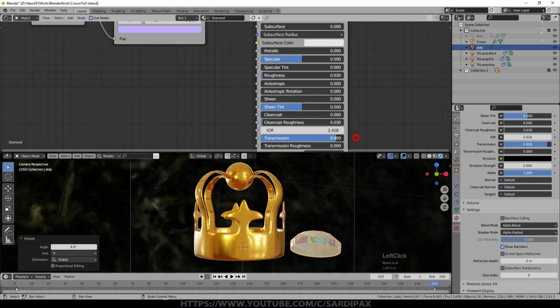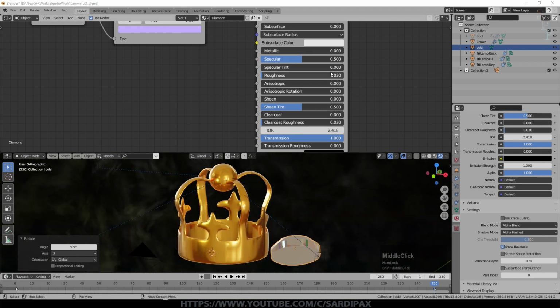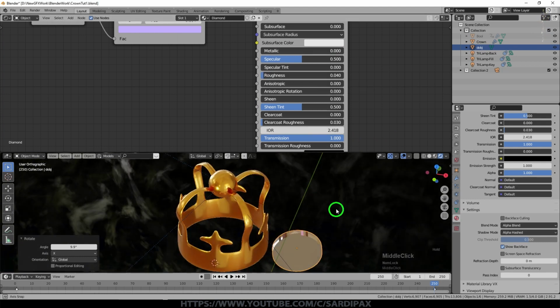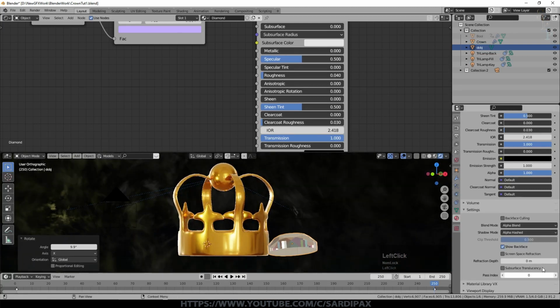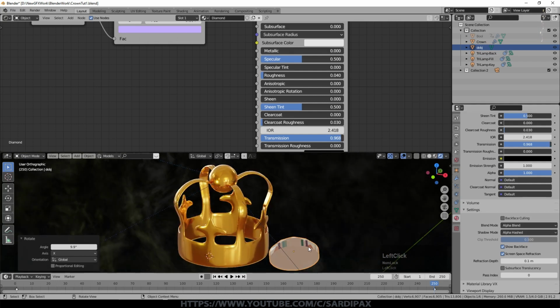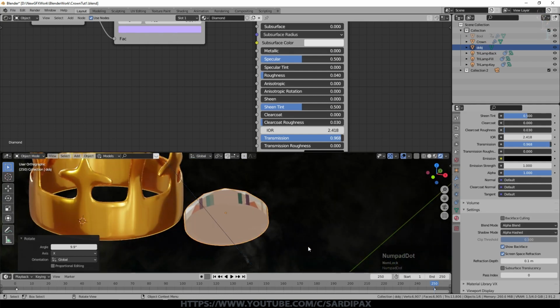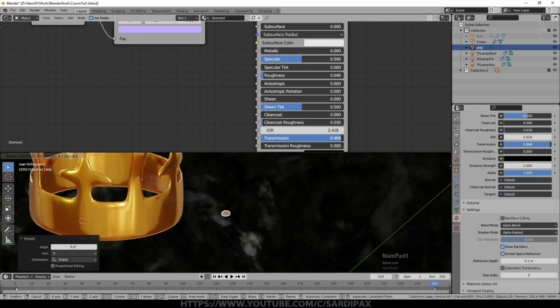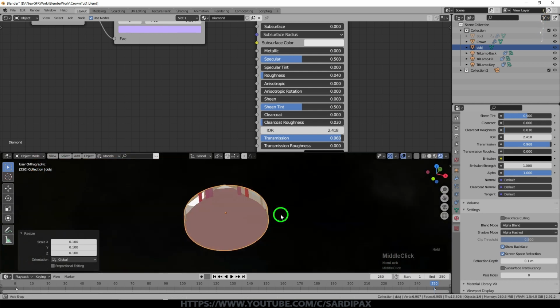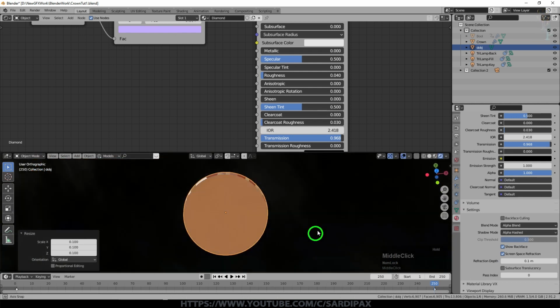I'm going to turn the transmission off for a minute, and maybe we'll go slightly higher on the roughness, 0.04. It just makes the reflections a little easier to see. We also want to turn on screen space refraction in these settings. This object is very large at the moment, so we'll scale it to 0.1 of its current size. And it's obviously also affected by the color of the light that's reflecting off it.